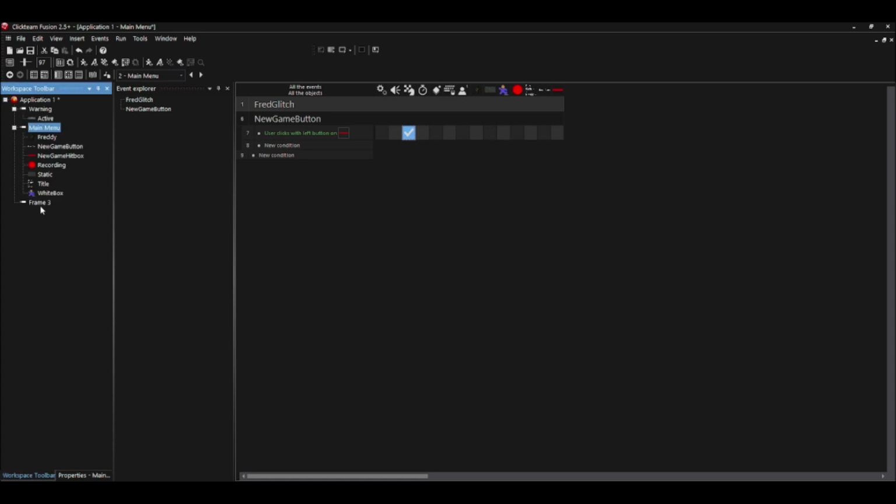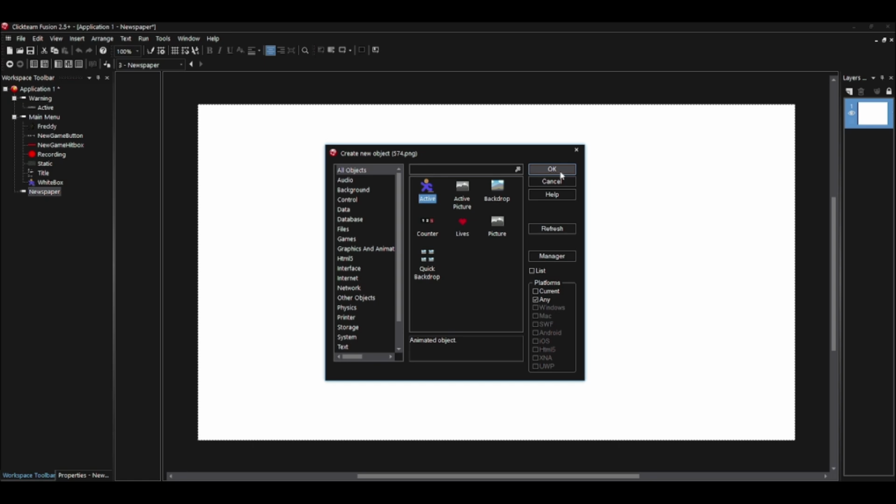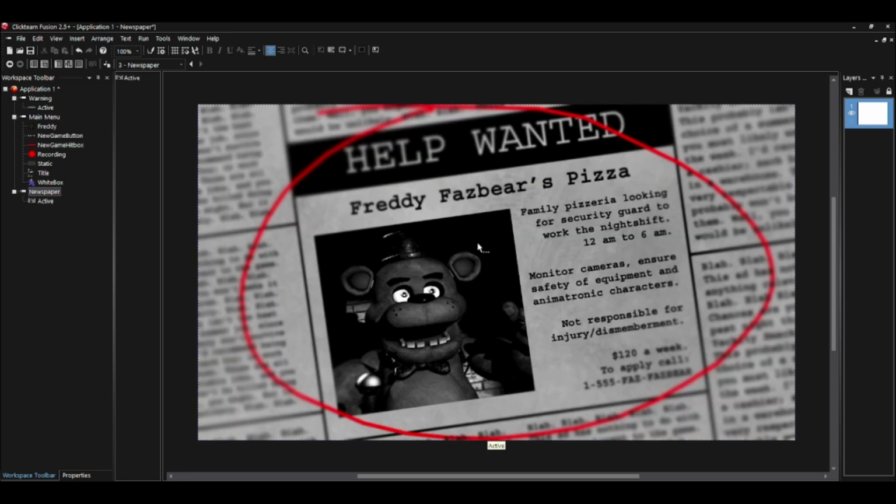Now we're going to make our basic newspaper. So we're going to rename the frame to newspaper. Double click on this to go to this frame. Now I'm just going to drag in or add a new active and then set the frame to whatever you want your newspaper to be. And now you're going to want to go to properties. Oh, make sure you have the frame selected. Actually, also